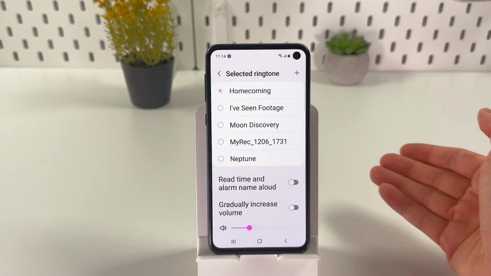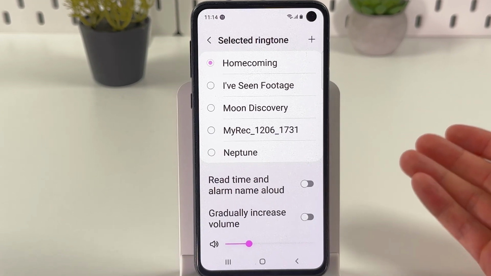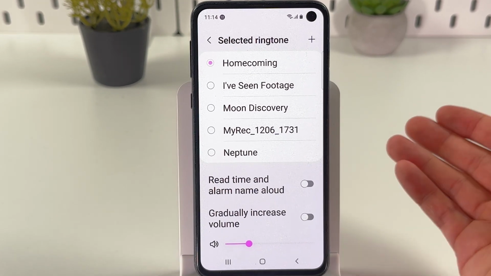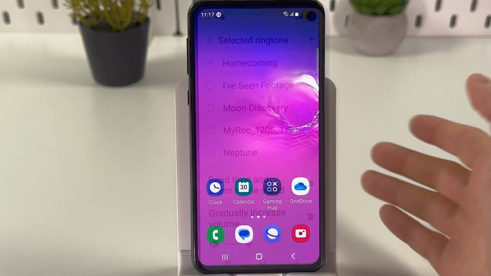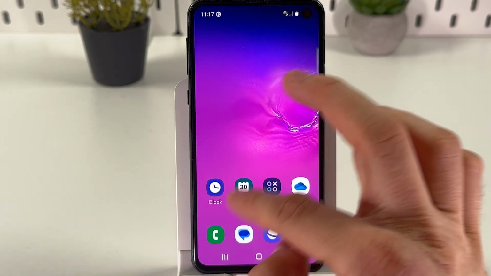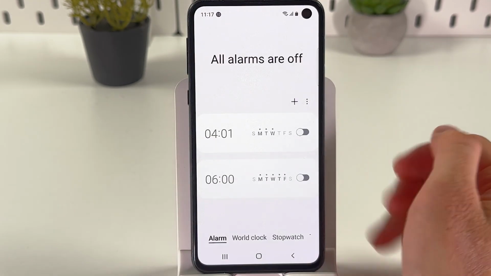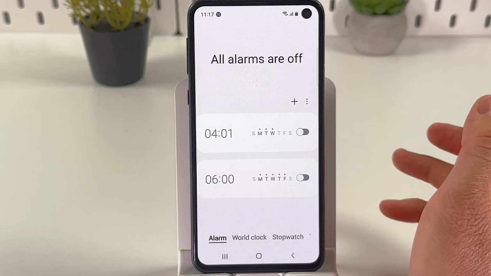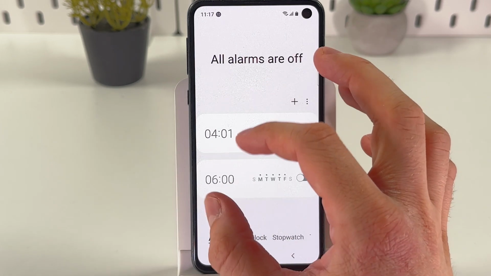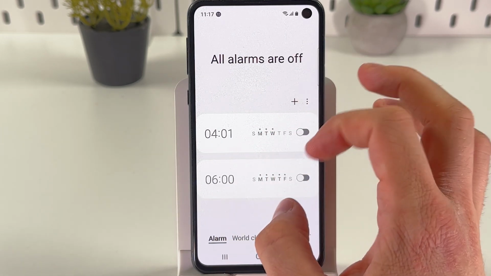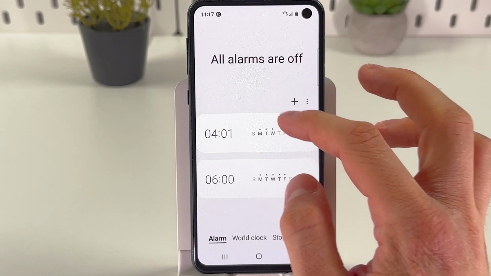If you want to make your morning more pleasant by changing the alarm sound to something you like, follow these simple steps. To do that, first of all, we have to locate our clock icon. Locate it. After that, we can either change the sound of already existing alarms, or we can press a plus